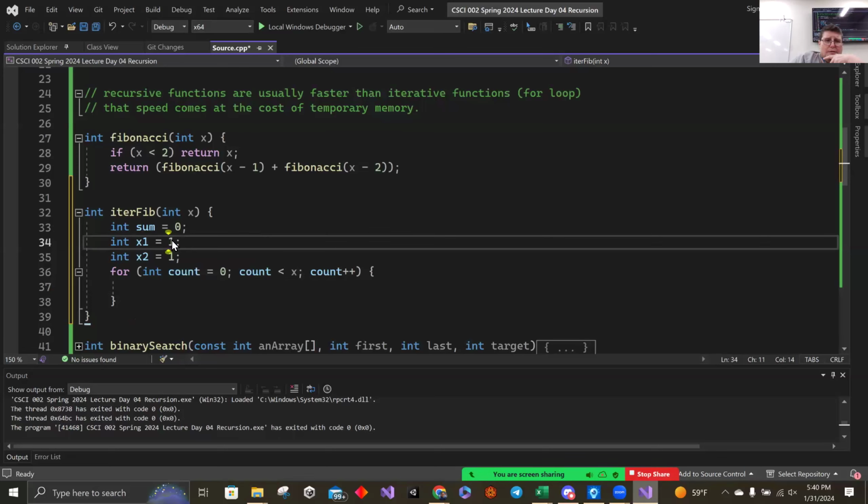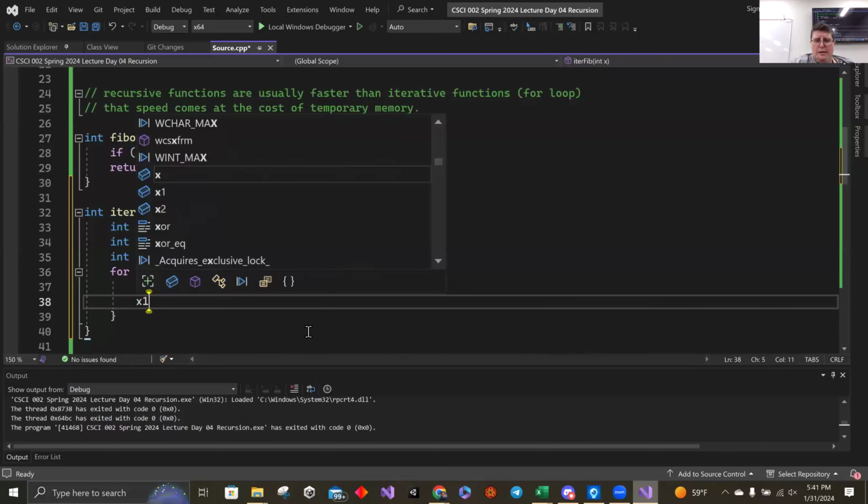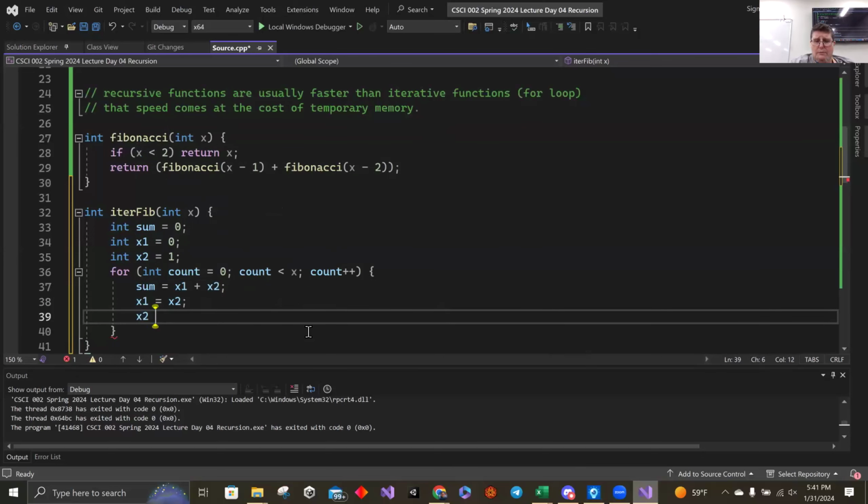No, I'm going to start with 0 on one of them. This will work. So I'm going to say sum equals x1 plus x0 or x2. And then I'm going to say x1 equals x2. X2 equals